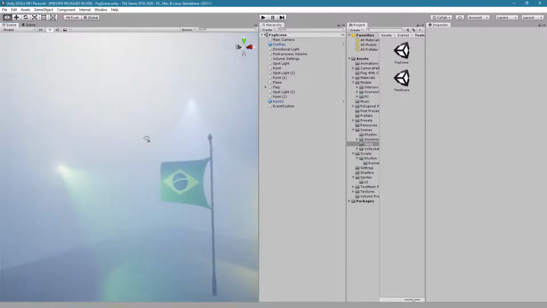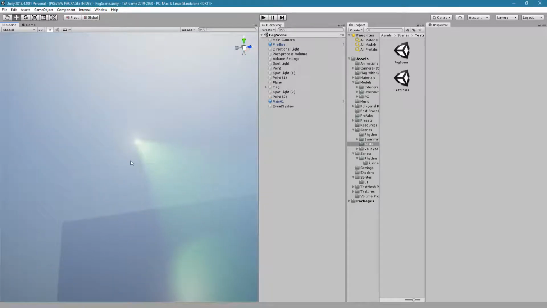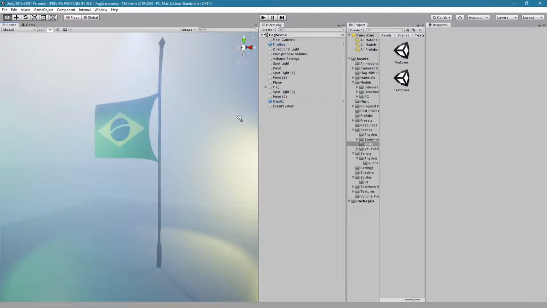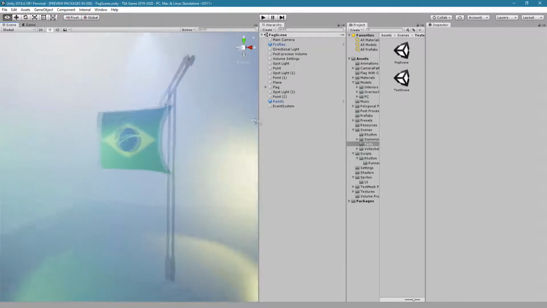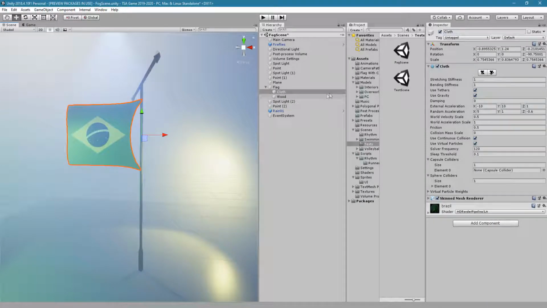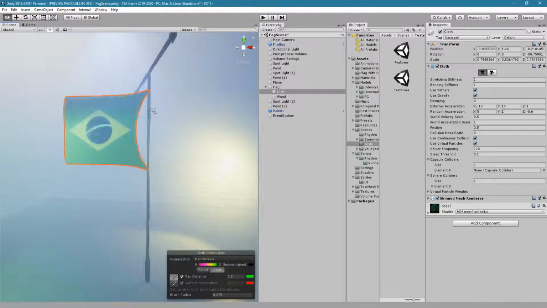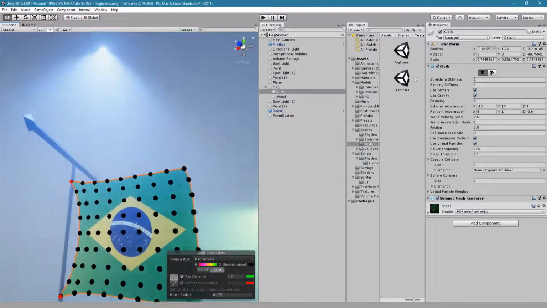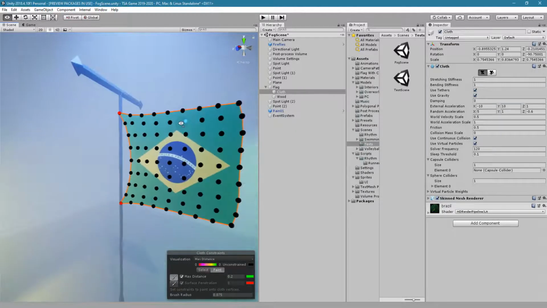So this is the first scene that we made. I went in and I grabbed some volumetric lights and I stuck them down, and I was like, okay, this looks cool, but it needs something. And simultaneously, I also wanted to mess around with the cloth component in Unity, which you can see here. Can I see the little dots? There they are. Yeah, so we started out wanting to mess around with some cloth, mess around with some fog,